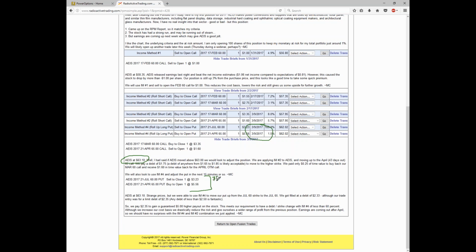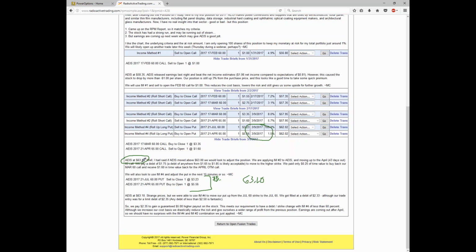As the stock moved from 56.80 up to 63.10 on the position,